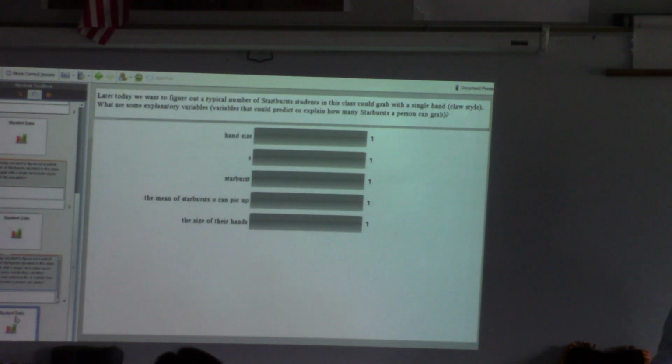So what would we need to do to figure it out? What would we need to do to figure out if there is a relationship there? Test it. We need to test it, we need to collect data, okay? We're going to do that later today. Look at several different variables like height, hand size, how long it takes you to get to school, other things like that, to see which one is the best explanatory variable for how many Starbursts you can grab. So we'll get to that later today, but first things first,